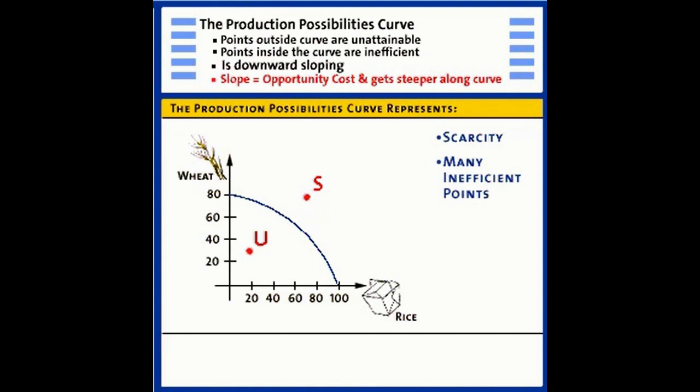And finally, the curve is concave. That is, the slope is getting steeper as we move down it. The curve gets steeper because the opportunity cost of rice production increases the more rice we make. This increasing opportunity cost is due to the fact that some resources are well suited to rice production and other